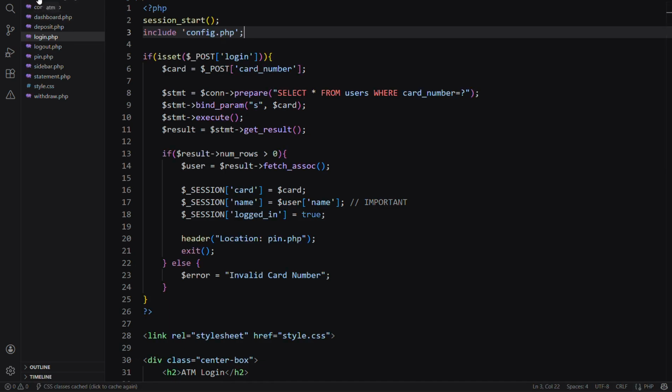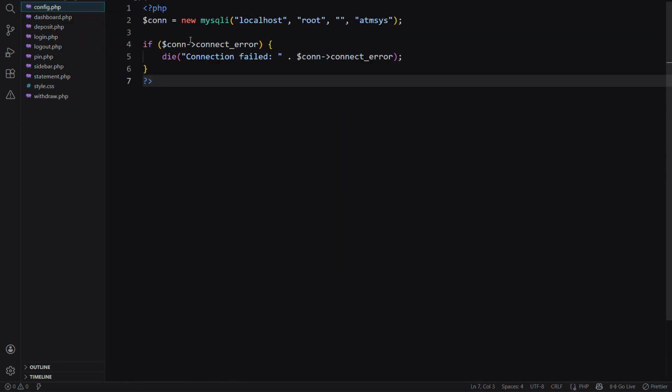We have made a folder in htdocs named ATM. There we have created some files like configuration.php. In configuration.php we have added the MySQL connection: this is the server, username, password, and the database name. If our database is connected, then it will proceed, otherwise it will die, or pop up a message like